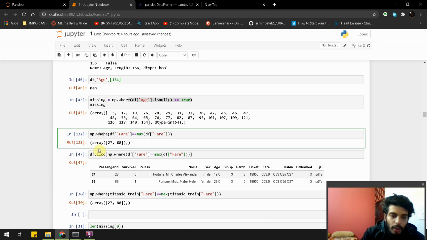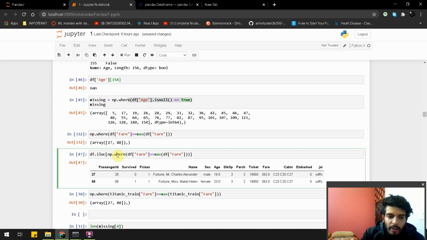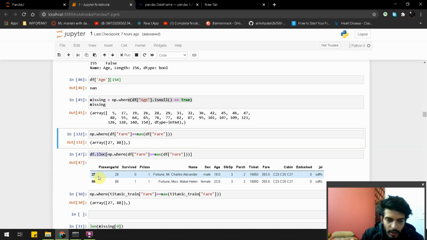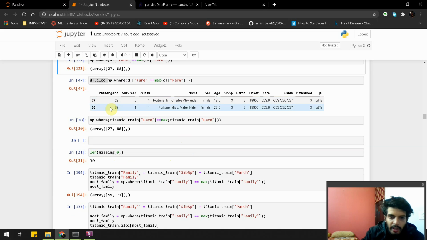So .iloc is our pandas function, and we are using it with np.where fare price is maximum. This is the same function, but we are locating these 27 and 28 indexes. So we are here with our 27 and 28 indexes.